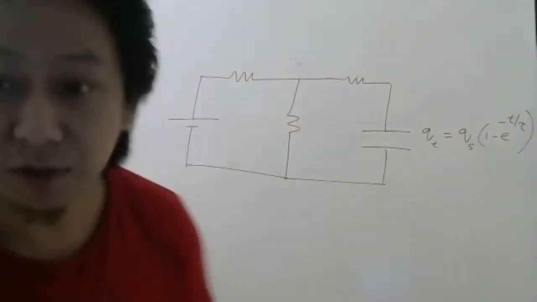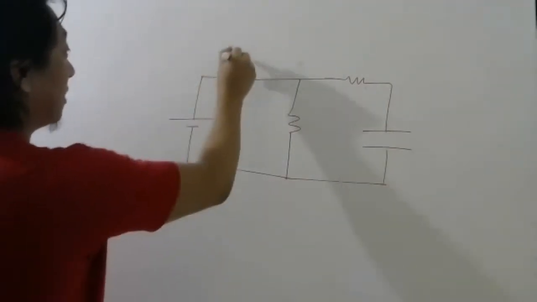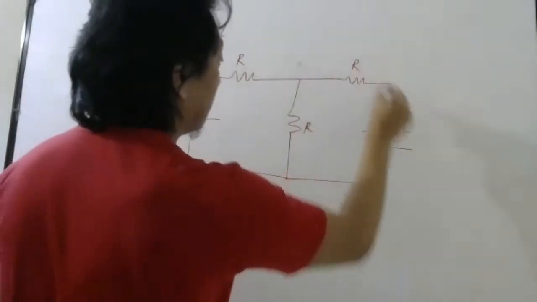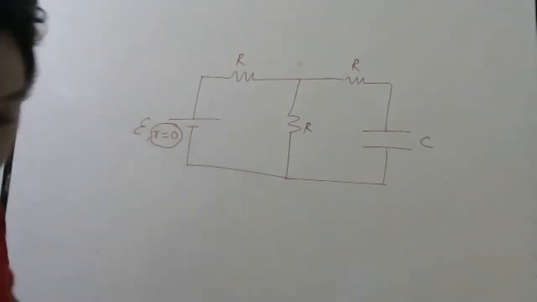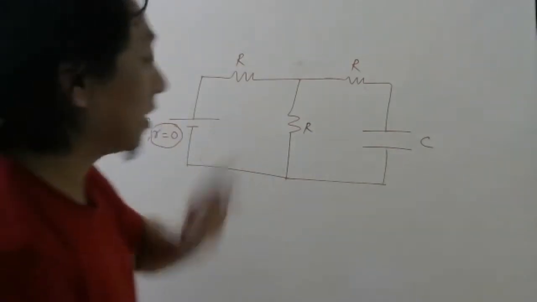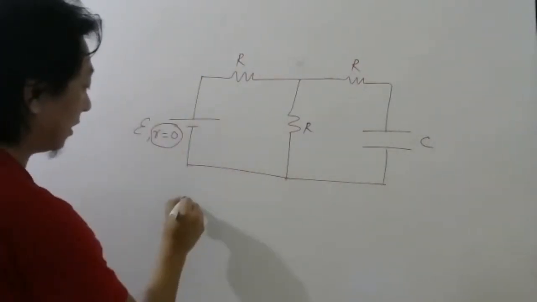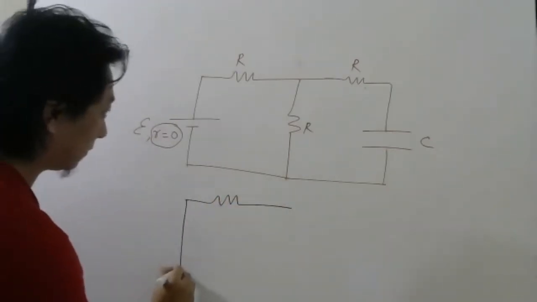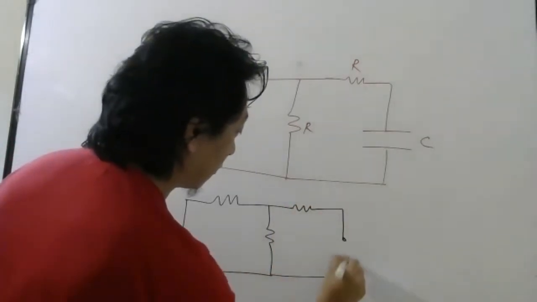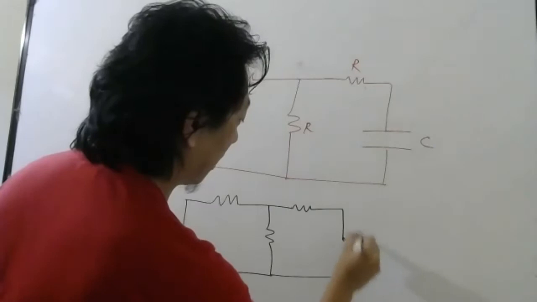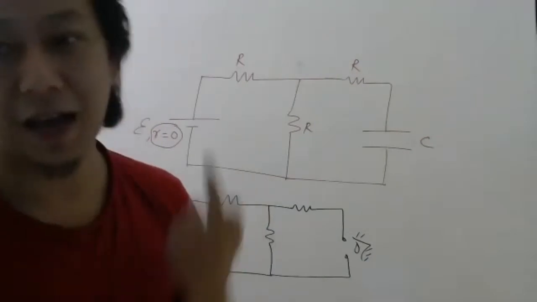So how to find tau? That is very important. Here we cannot directly write RC. Let us say this is R, this is R, this is R, this is C, and this is EMF. Let us say the internal resistance is 0. Then what does the theorem say? How to find R effective seen from the capacitor? Wherever there is a battery, you replace it by a short. And then from the side of the capacitor, put your eyes here. Now from here, what is the equivalent resistance you see? That is R effective. Simple.